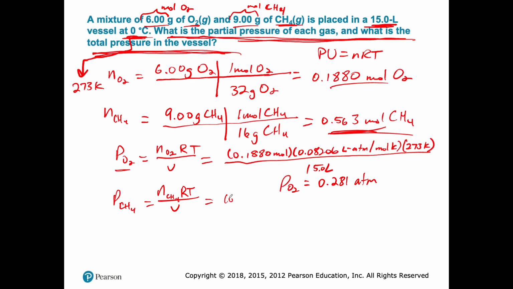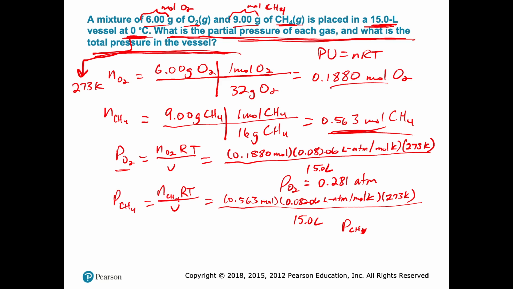So 0.563 moles, times the ideal gas constant, 0.08206 liters atm per mole Kelvin, multiplied by the temperature, 273 K. And then we divide all that by the same volume from above, 15.0 liters. After you do that math, the partial pressure of methane equals 0.841